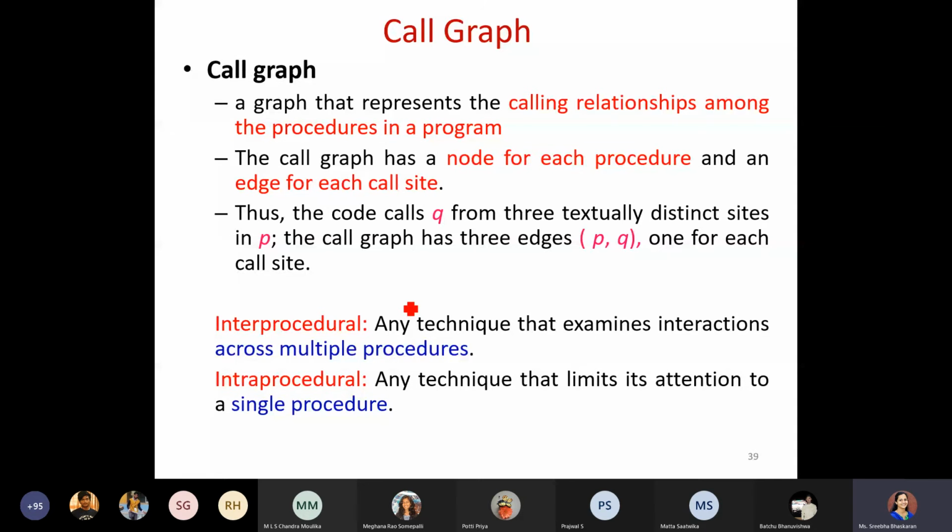Based on that, we have named it inter-procedural and intra-procedural. As the name specifies, inter-procedural means we have multiple procedures, and when the control moves from one procedure to another procedure, you have to take care of certain things.